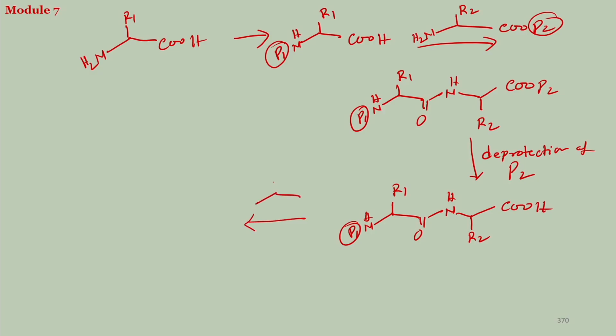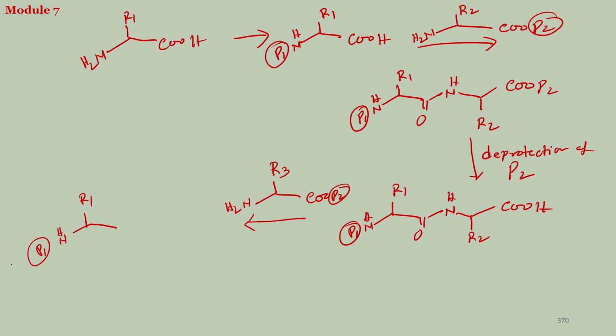Now, if you want to carry on, bring in one R3. What you need is a free amine here. P2 protected carboxylic acid. So, you can see after the first one, all the subsequent amino acids that you will be needing does not require protection of the amine group. If you follow this kind of protocol, it only requires the protection of the carboxylate, and it can go on like this: